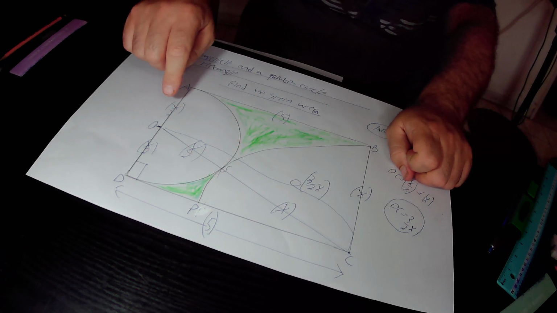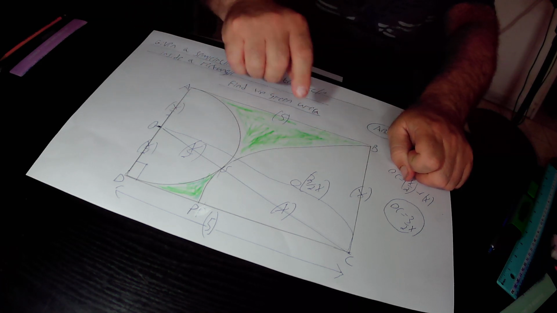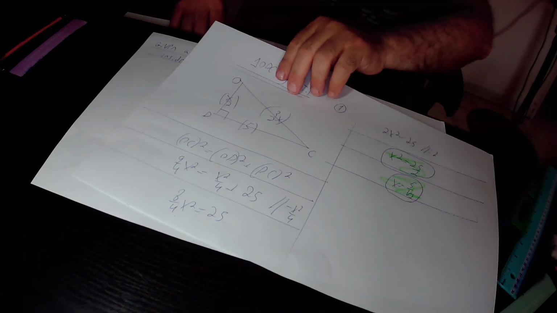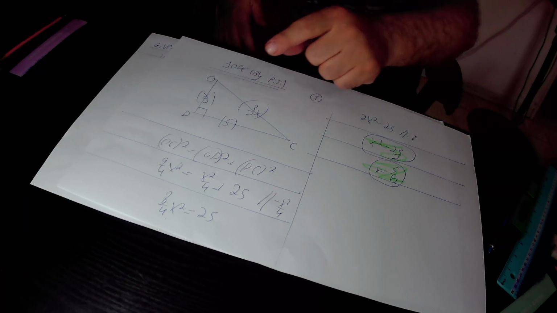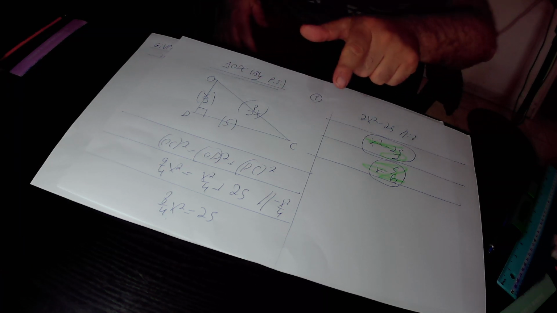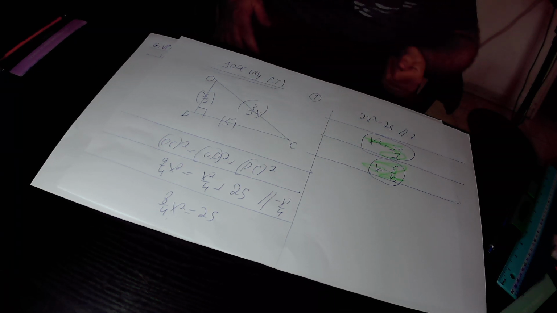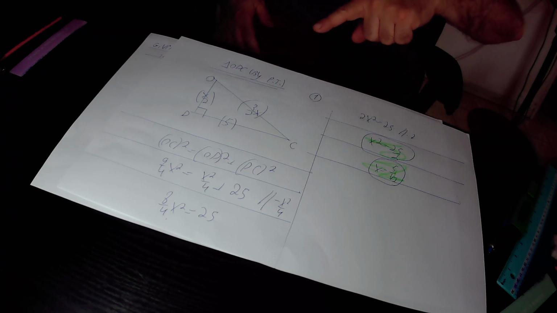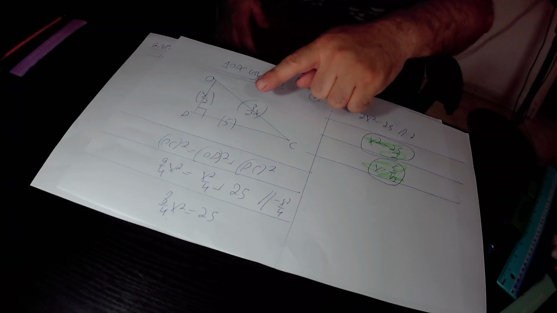So this is the right triangle ODC that I copied from the original drawing. OD equals x over 2, DC equals 5, and the hypotenuse OC equals 3 over 2 x. According to the Pythagoras theorem in this right triangle ODC, OC squared equals OD squared plus DC squared. OC is 3 over 2 x, therefore OC squared is 3 over 2 x squared, that is actually 9 over 4 x squared